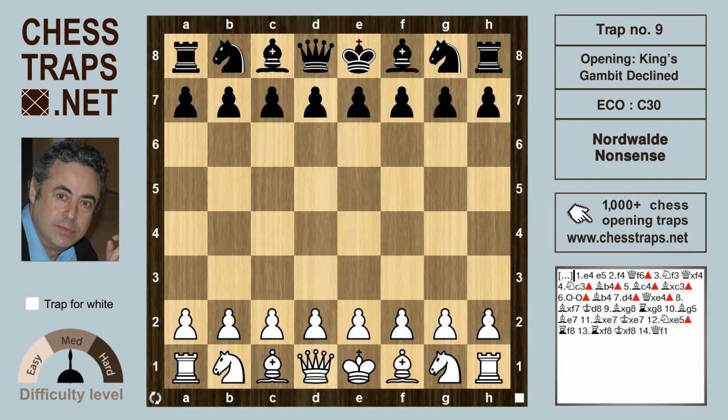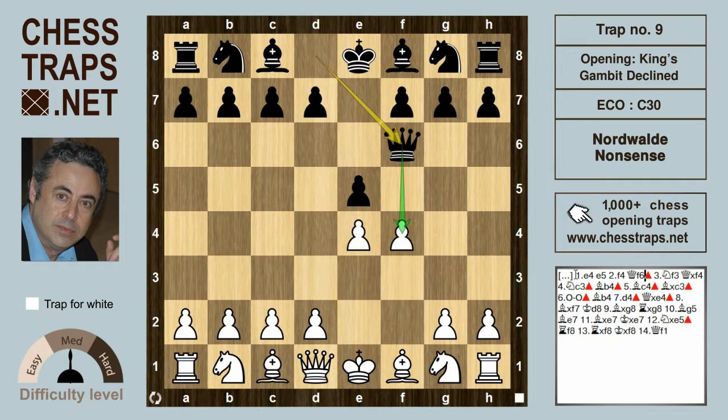Hi there, this is a trap in the King's Gambit declined in the dubious Norwalde variation, and it's called the Norwalde nonsense. After e4 and e5, white tries f4, the King's Gambit, and black might try this seldom seen move, queen f6, and this is the Norwalde variation, and its short-sighted idea is to capture the pawn on f4 with